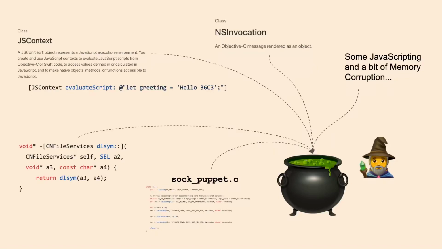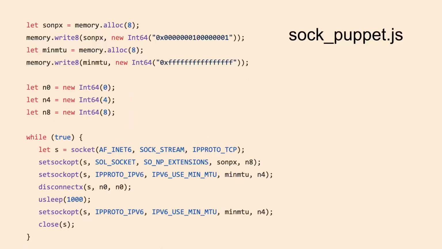Then we need to be able to pivot into JavaScript core, which is also really easy with one method call, the JSContext evaluateScript. We need to mess around with memory a bit, like corrupt some objects from outside, corrupt some array buffers in JavaScript, get read-write, kind of standard browser exploitation tricks, I guess. But yeah, so if you do this, what you end up with is sockpuppet.js. Looks very similar. You can see a bit of my JavaScript API that lets you allocate memory buffers, read and write memory, have some integer constants, and yeah, apart from that, it doesn't really look much different from the initial